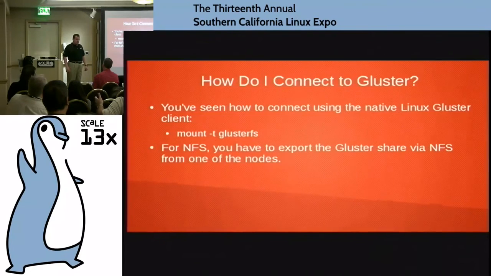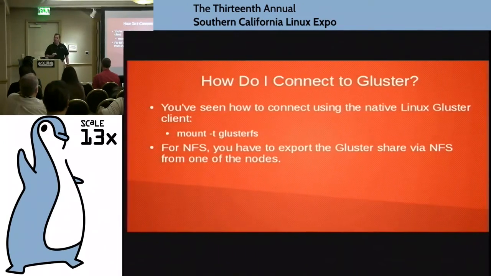Is the file system locked up during that process? Nope. You can read and write to it while it's going on. You bet. It's just doing stuff in the background, and it does it asynchronously, in a way that it'll slow down the balance, and that's one thing to be aware of. If you do a rebalance, you want to do it after hours, when people aren't there. If it runs over into the daytime, though, and people come back in and start hammering the file system, the rebalance will slow down. It'll throttle itself.